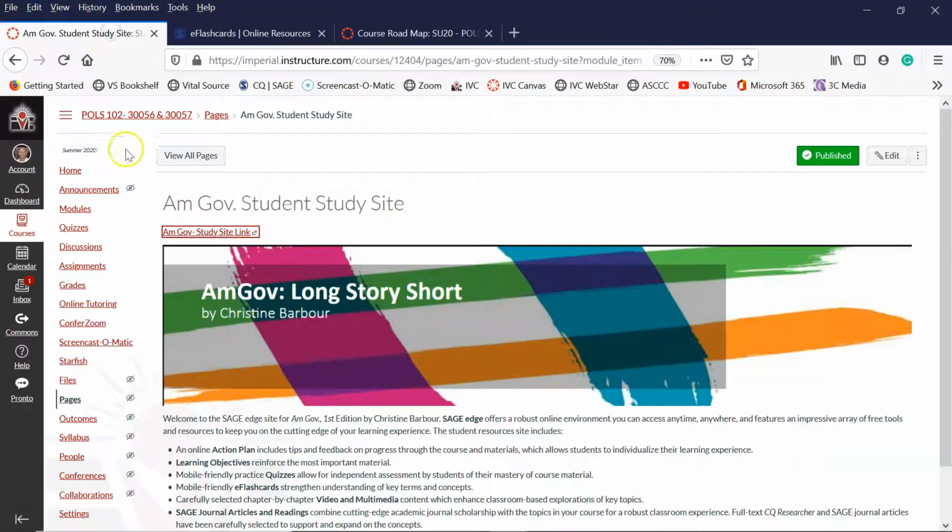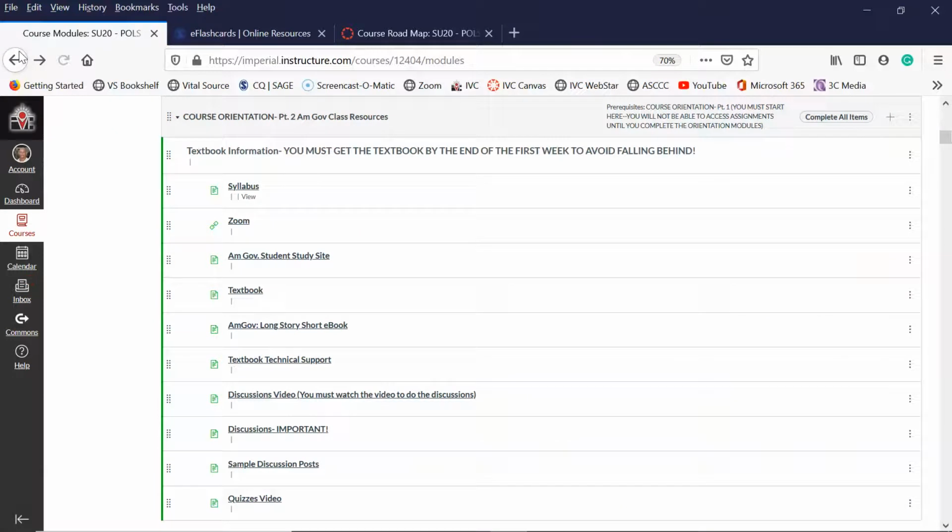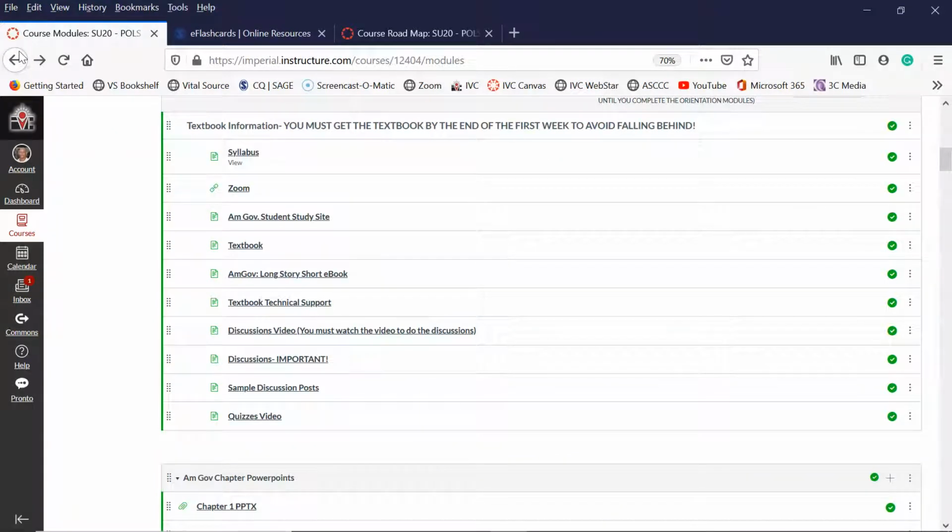Okay, let me continue on here. Again, you don't have to memorize all this. You can simply click on the tabs and go to it as you need to understand where things are. The next one talks a little bit more in detail